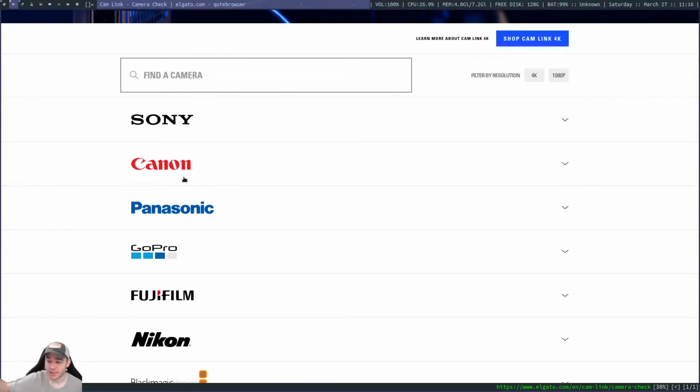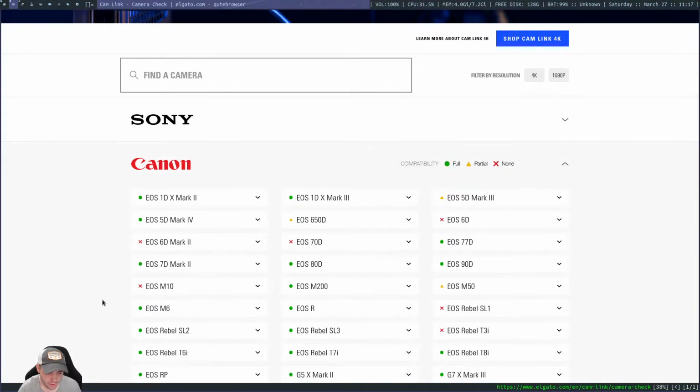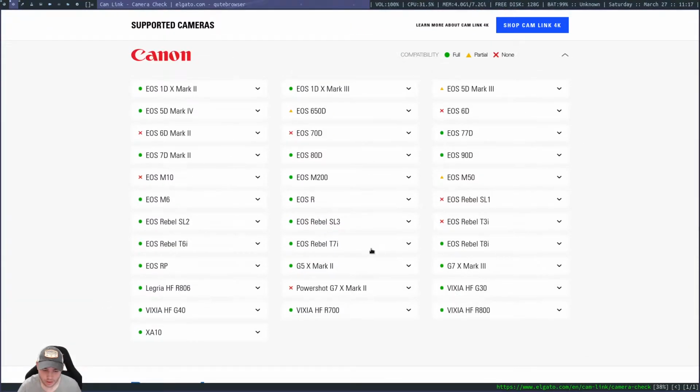And the reason I need it is because I'm going to have to use this camera completely separately, and this Cam Link here is no good because the camera that I've got over there is a Rebel SL2 or SR2. And if you go in here into the Canons, it's not supported. The Rebel SL2 is not even listed here, but the SL1 is not supported. So I got the Cam Link and I went out and I was going to spend $500-600 on a camera.